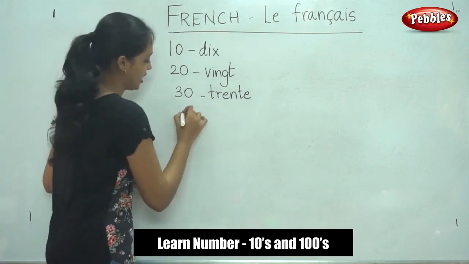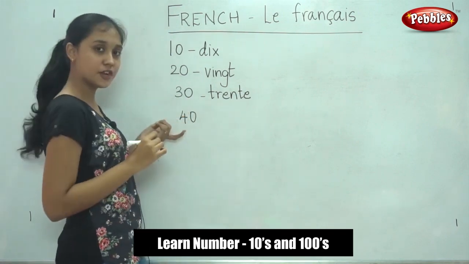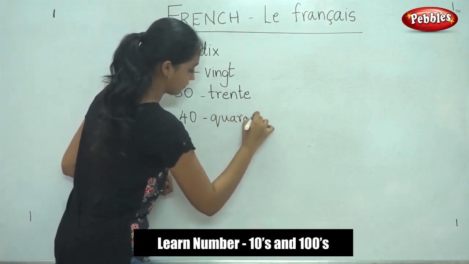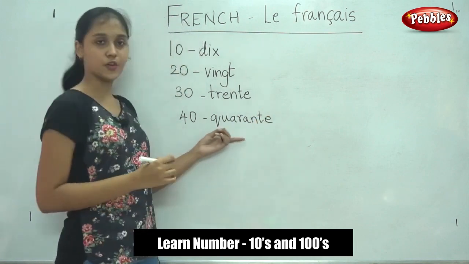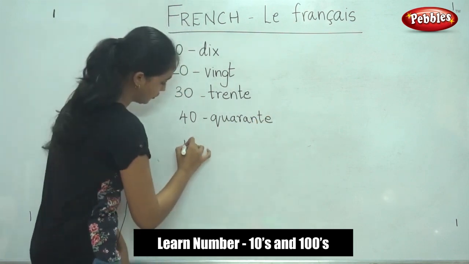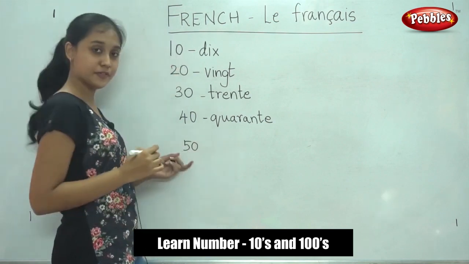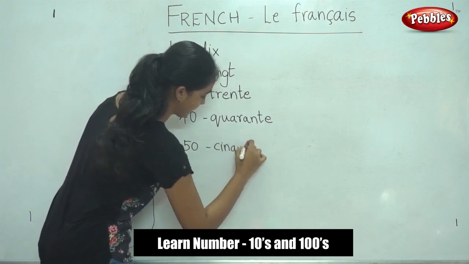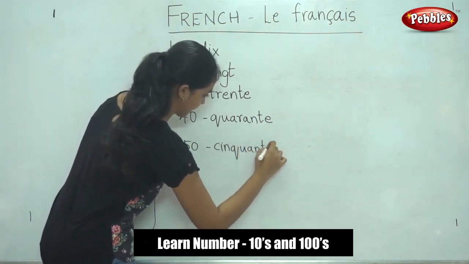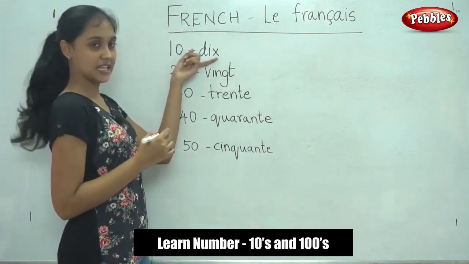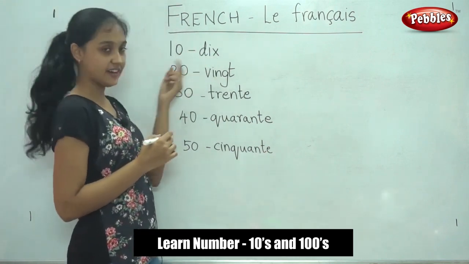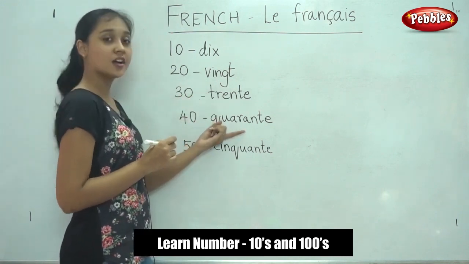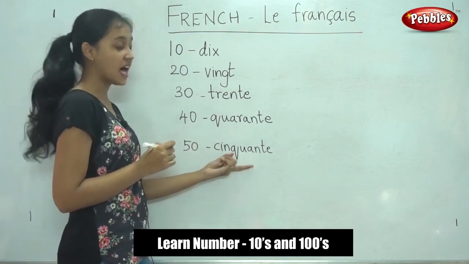Next is number 40. For number 40, it is 40. Then for number 50, it is 50. So number 10 is 10, 20 is 20, 30 is 30, 40 is 40, 50 is 50,